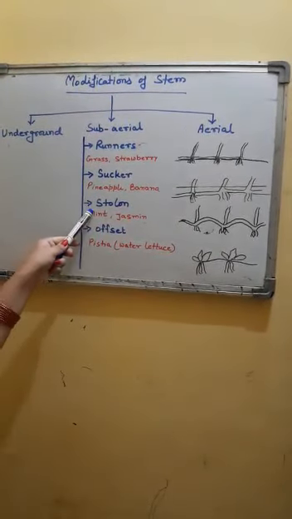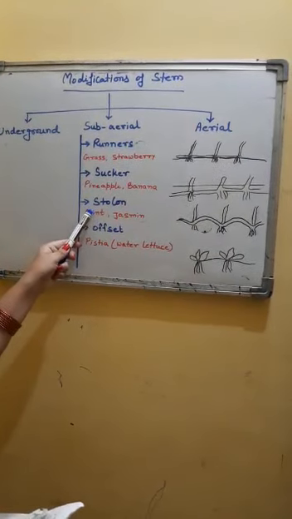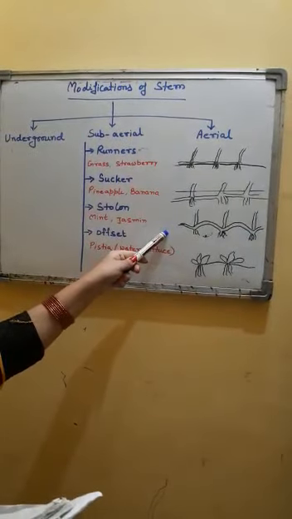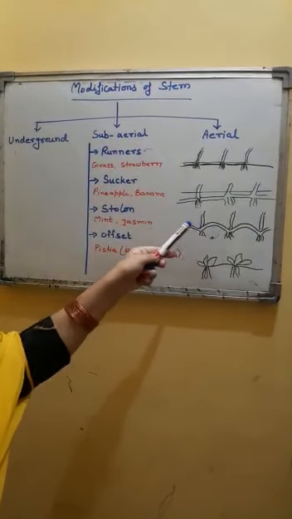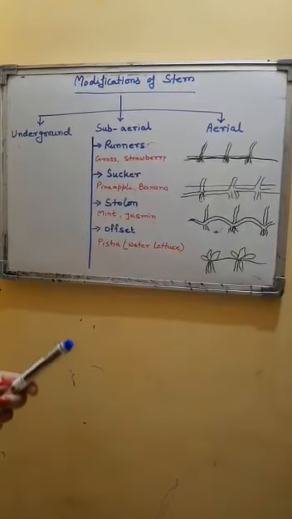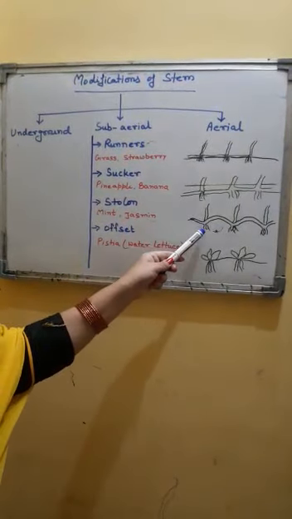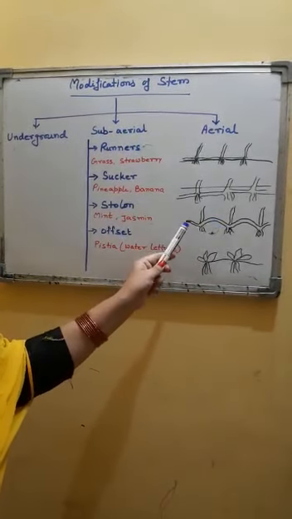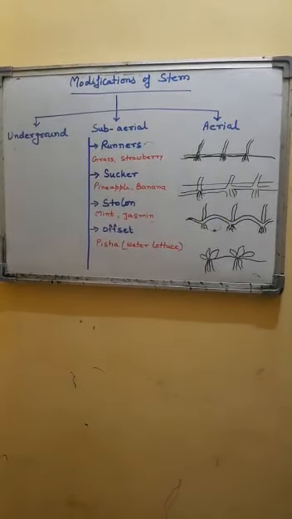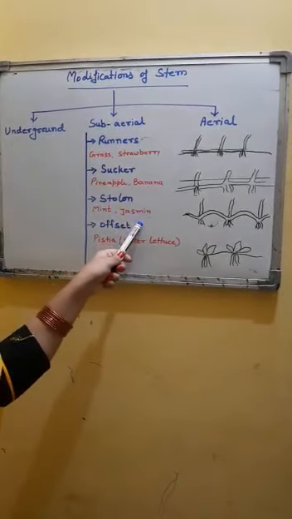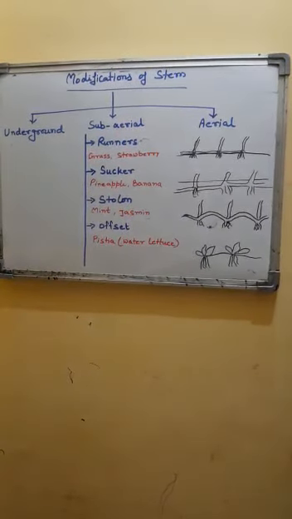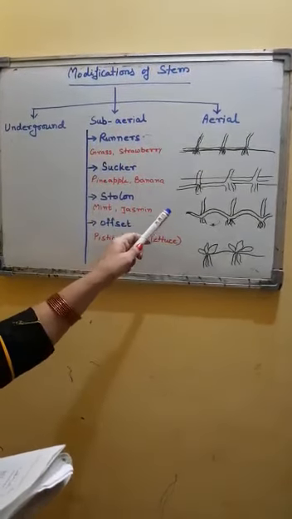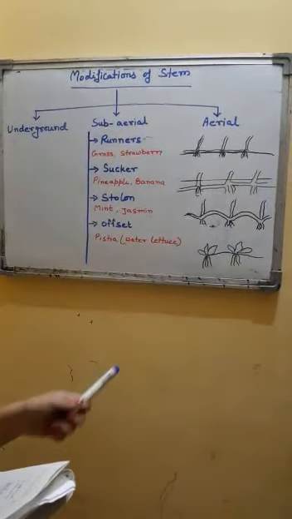The third example is stolon. Here the stem grows under the ground and develops upward, giving rise to a new plant. It is somewhat arc shaped. The stem grows under the ground and comes upward for a short distance, making an arc-like structure. Examples are mint and jasmine. In mint and jasmine, the lateral branches grow as an arc, touch the ground for a short distance and then grow inside.